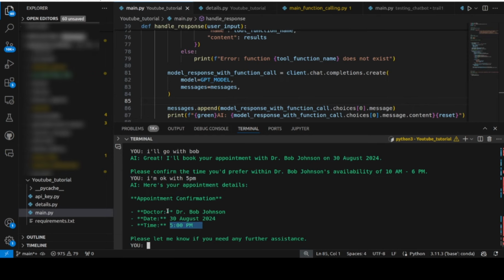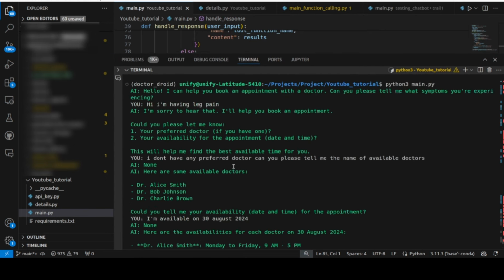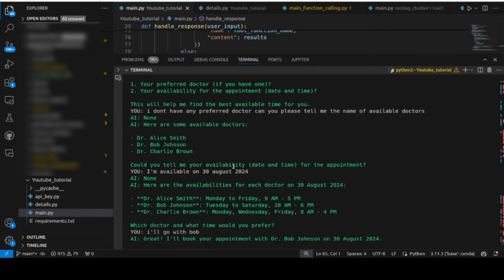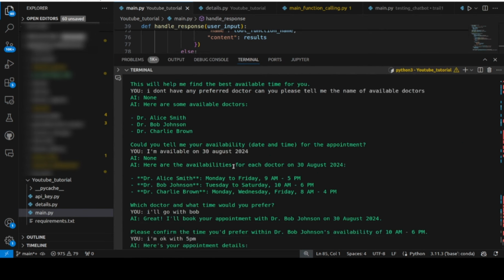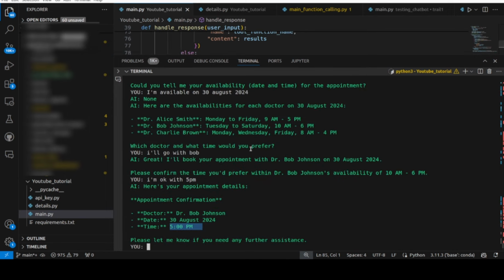This chatbot has multiple use cases across various industries. For instance, it can be utilized for flight bookings, where it can fetch all the available flights with the lowest fares. Additionally, it can be integrated into a hotel booking